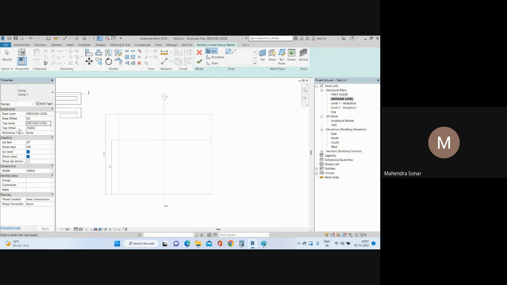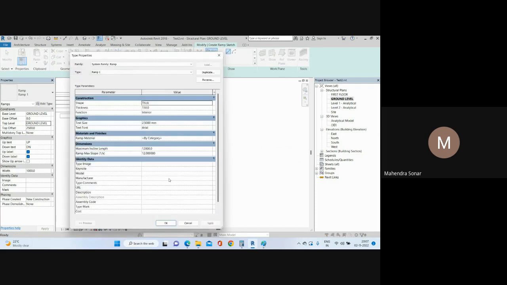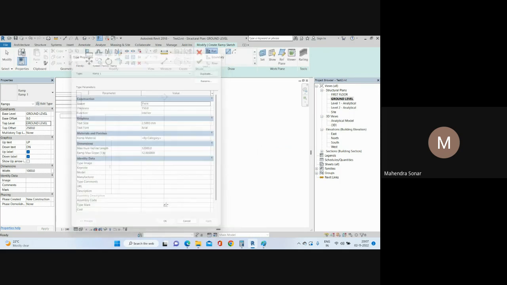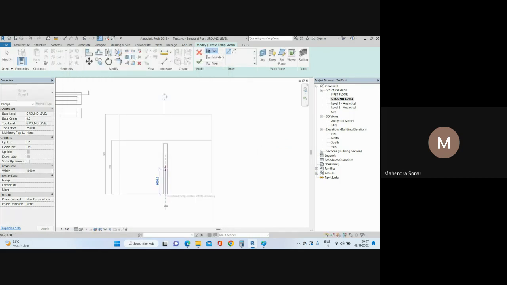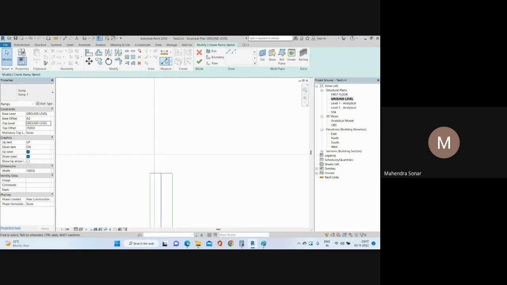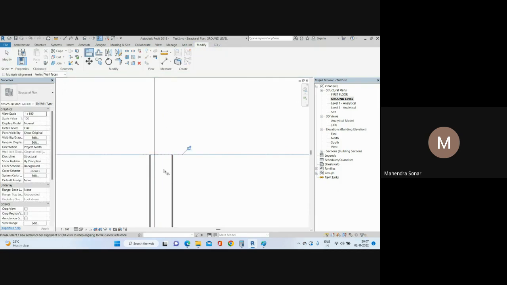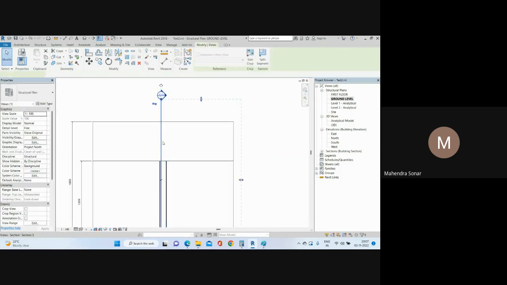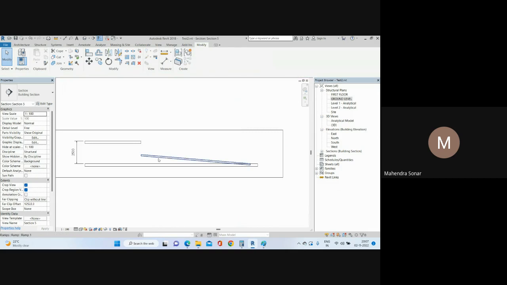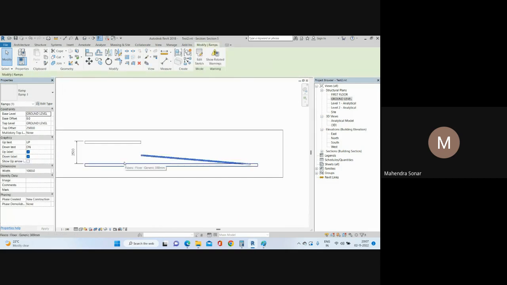but I have given the top offset 2.5 meter, right. So in that case I have set here 12 meter and 12 here, and click here apply, and just start the ramp from this point to this point and just finish. And if I align this like that, so let's see. So अभी ग्राउंड फ्लोर पे आ गया। सो